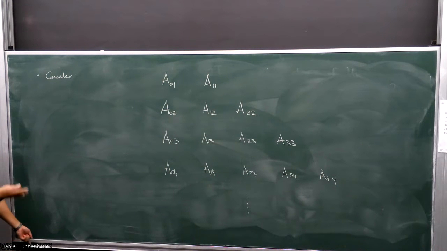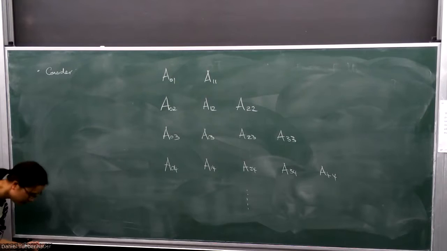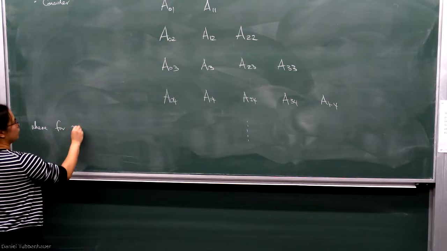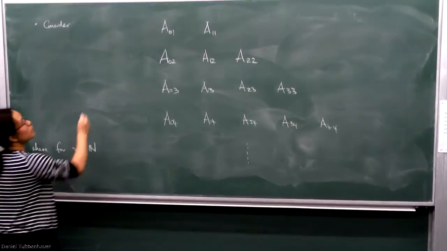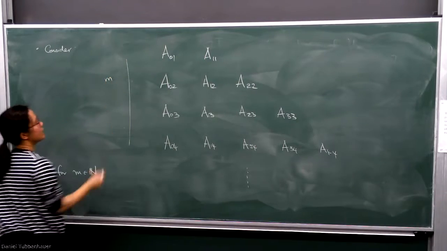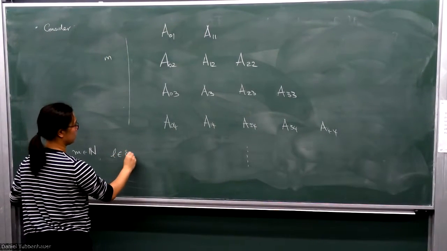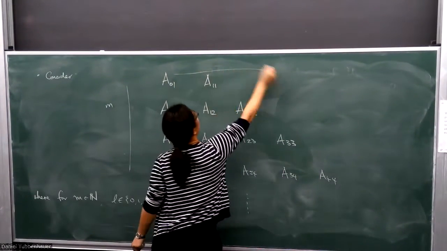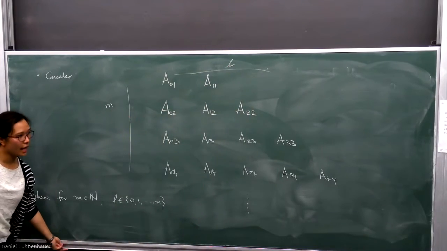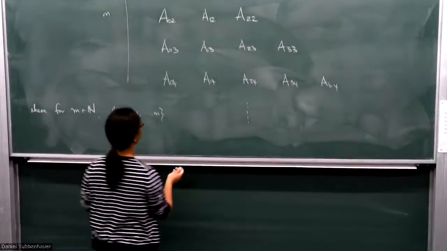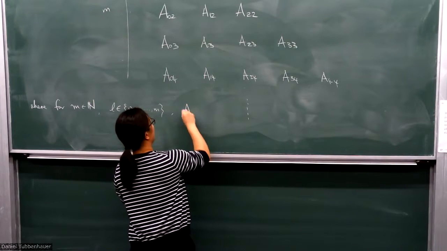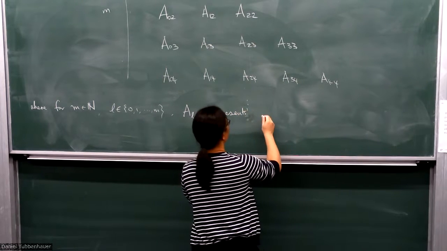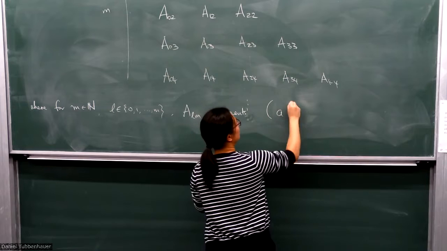So what do all of these entries represent? Given a row n, so n is going to be my row index here, and L will be my column index. So across this way, that's L. Then A_{L,M} represents a sequence of plethysm coefficients, namely